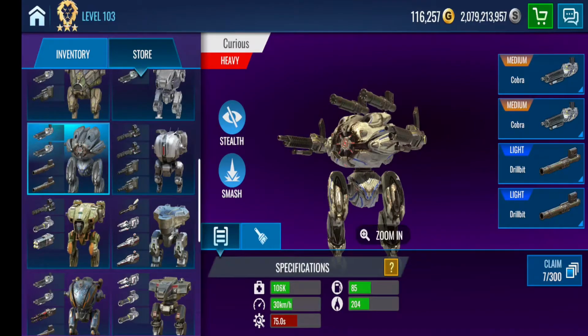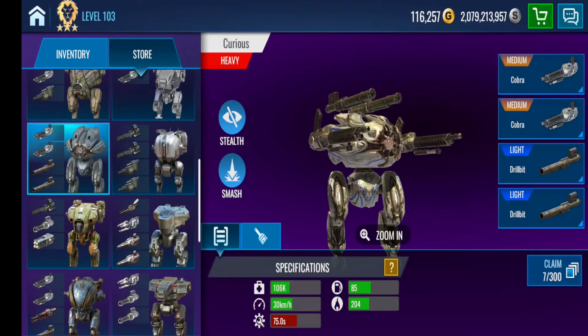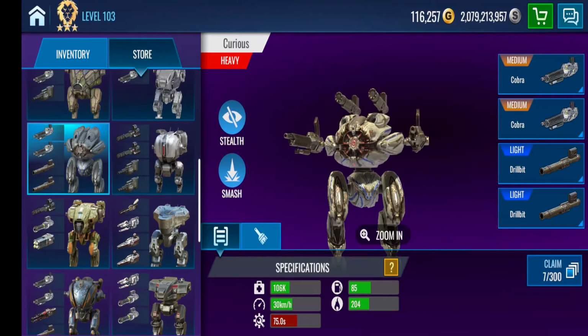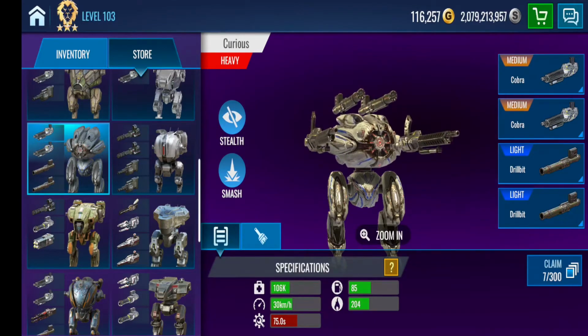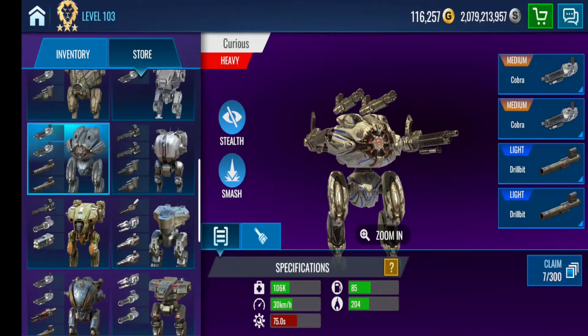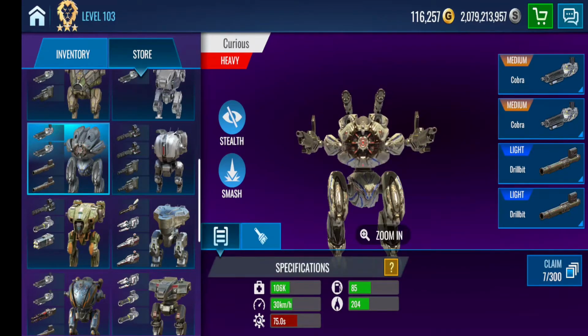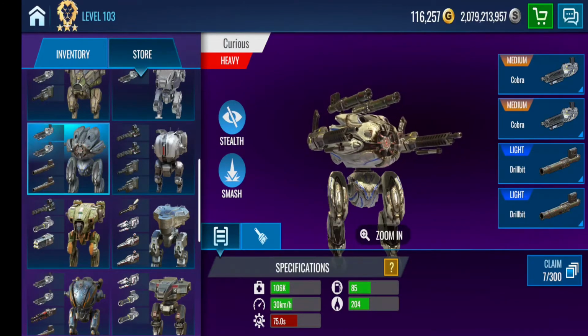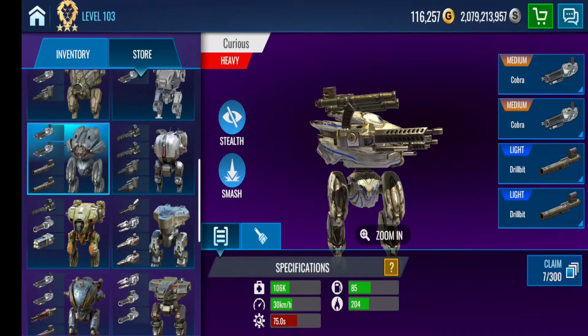You got the Curious, which is a heavy bot. Now you're jumping into the heavy bot tier, and most of these bots will cost blueprints. So to get started, we got the Curious. This bot actually goes into stealth, and it has a smash ability. Smash ability, it does damage to any bots in the area around it. Not that useful, but stealth is definitely useful, and you can carry 2 medium weapons, 2 light weapons, and it's